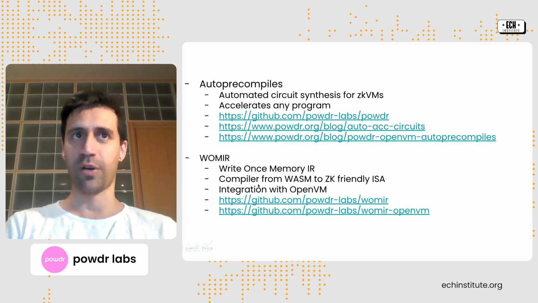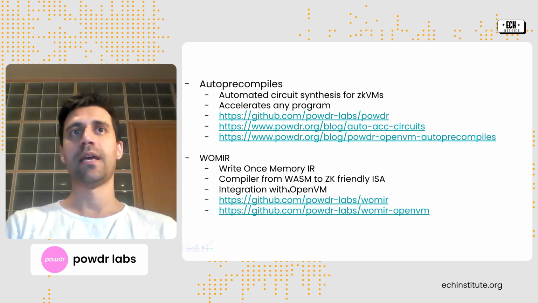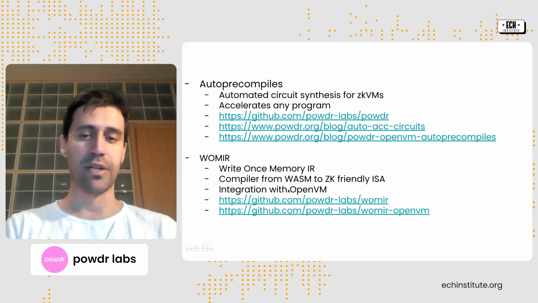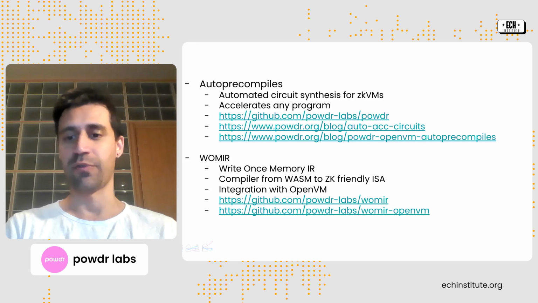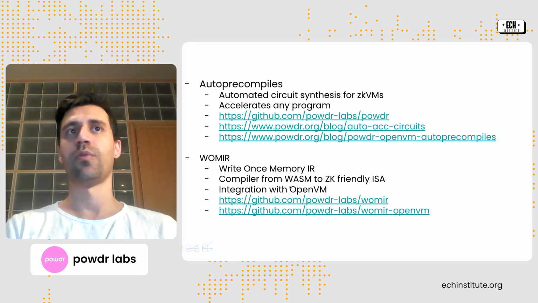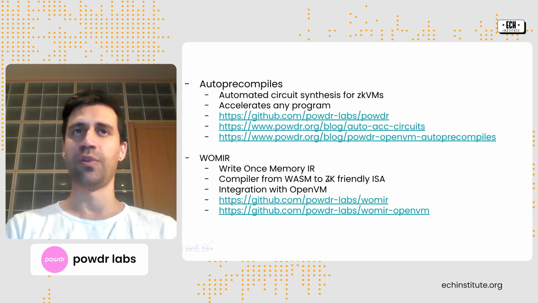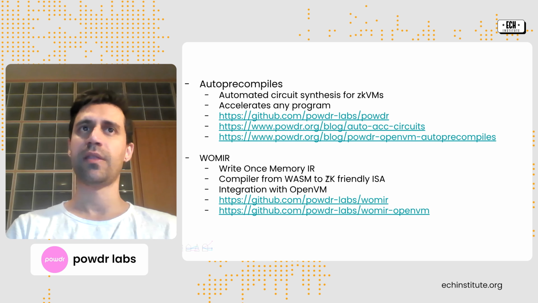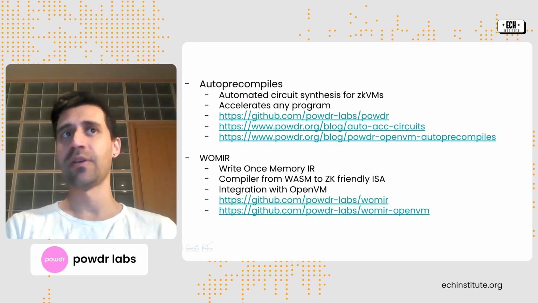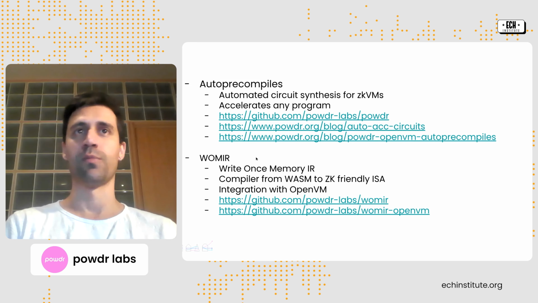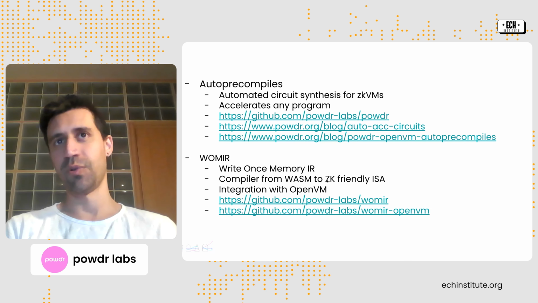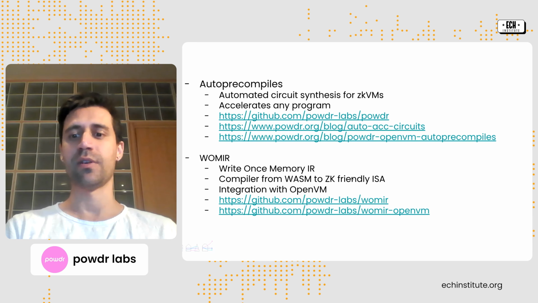With this, we're also working on integration with OpenVM. OpenVM is pretty modular and easy to extend with different instructions and new instruction sets. So we're writing this new ZK-friendly instruction set, which is really only a few more instructions than OpenVM currently has with RISC-V. Then we can compile Rust or C++ or Go to WASM, to WOMIR, to this ISA. And the idea is that we get